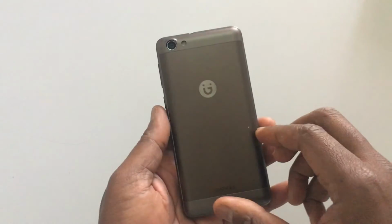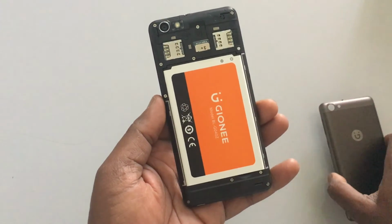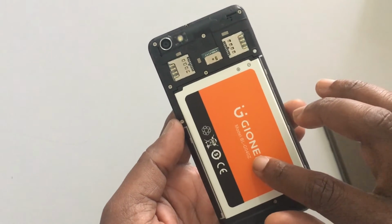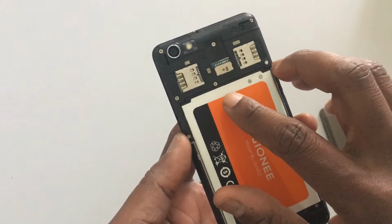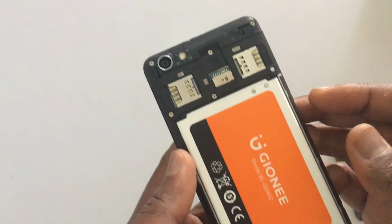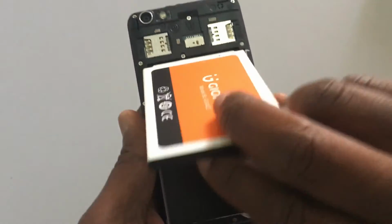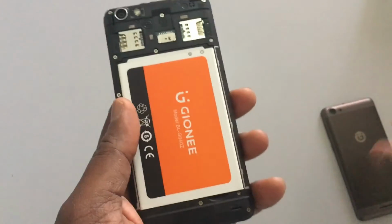Here's the screen. So taking the cover off the back, what we have is this massive 4,000 milliamp battery. We have the micro SIM and micro SD slots, so 2 SIMs there, and they seem to be full size, and you also get the SD, which is a bit surprising because nowadays you don't really see much of that. It's pretty straightforward, but essentially,